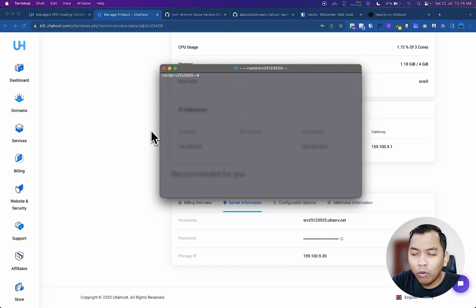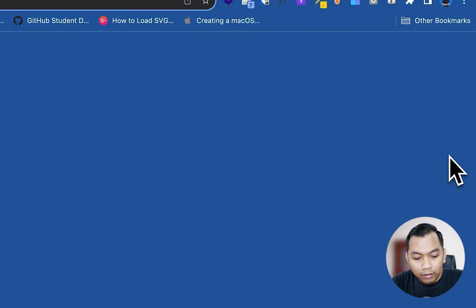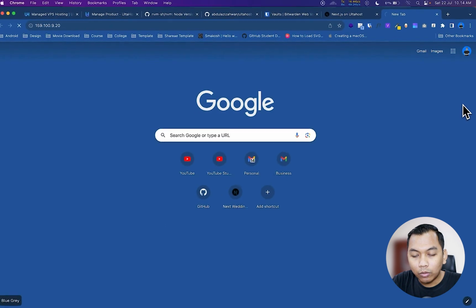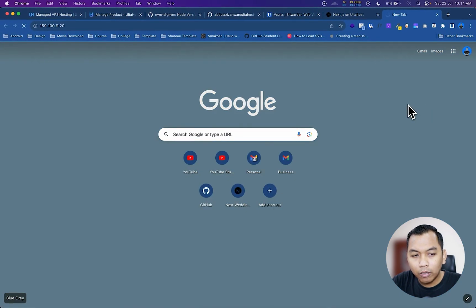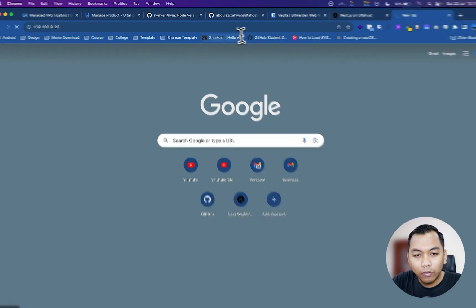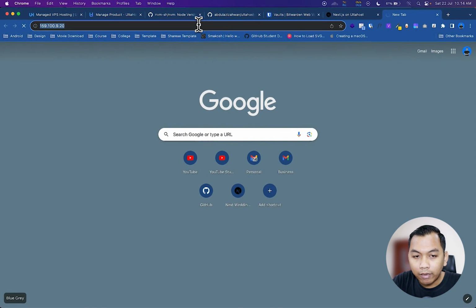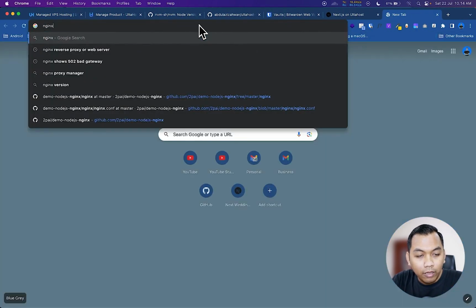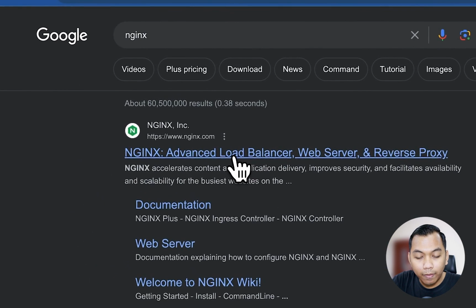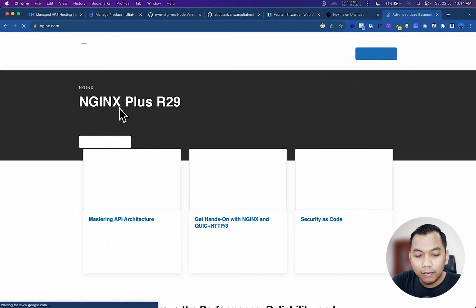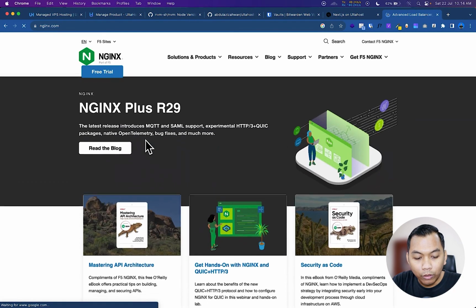And the next step: my server doesn't have any web server installed. That's because when we access it through the browser using port 80, we don't see anything. So in this video, let's use Nginx for our Linux server.